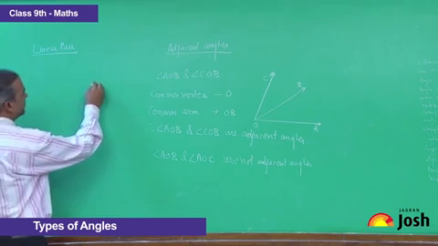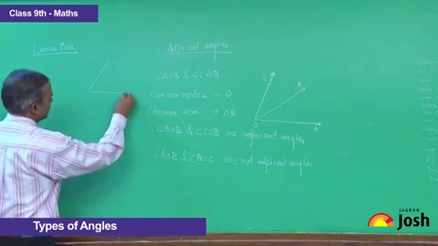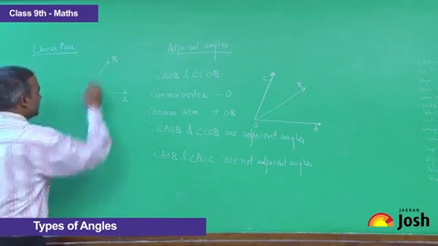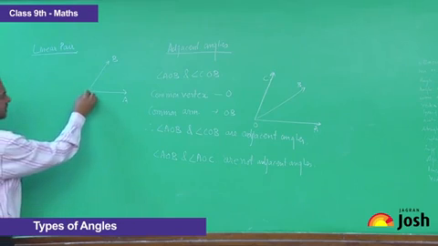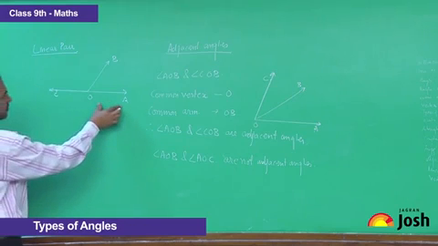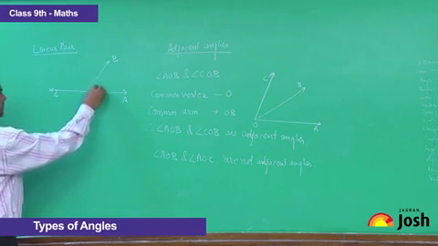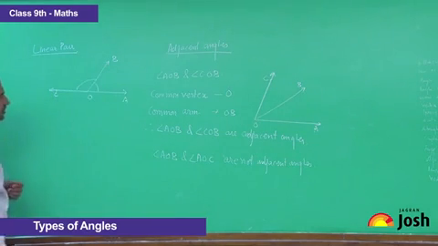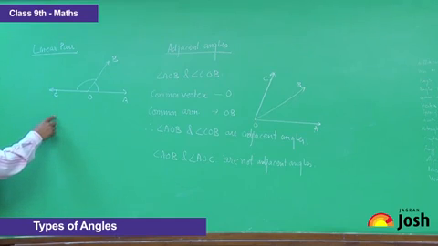For example, if we consider the adjacent angles AOB and BOC such that the ray OC forms the opposite ray of OA, then this pair of adjacent angles, angle AOB and angle BOC, is said to be forming a linear pair,